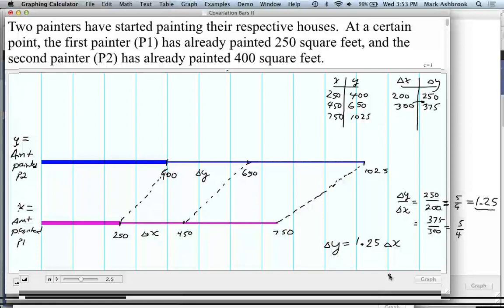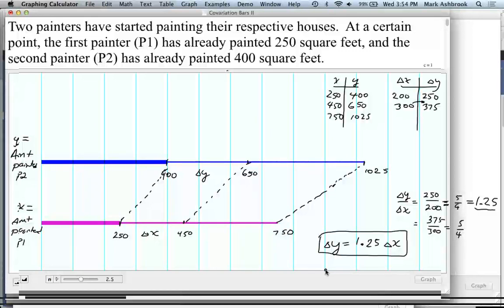Okay, how about somebody else? Can you talk about the painters in that same context? That's true. The rate at which painter 1 paints is... You're going with something new now. So can you just talk about this relative to the painters? Painter Y paints 25% more than painter X. Okay. All right, cool. Next table.